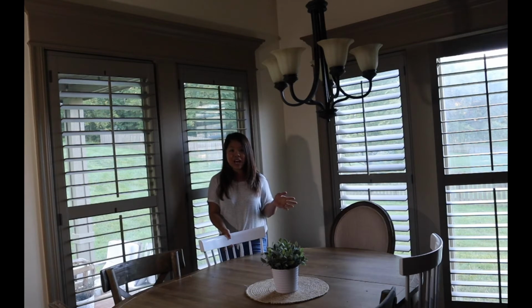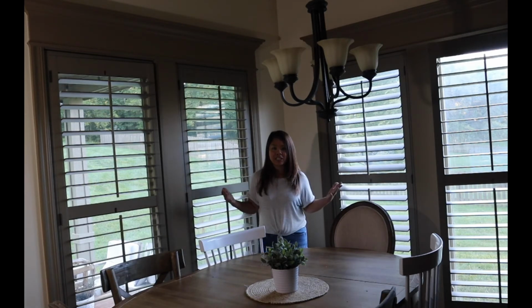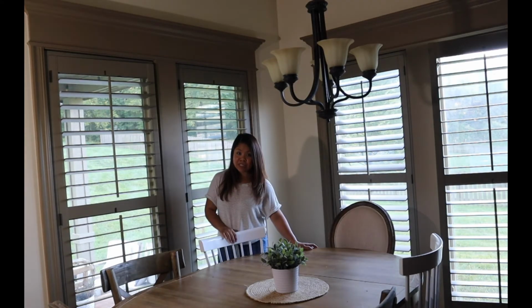I actually used to have banquette seating here in this corner so that they wouldn't be touching the shutters, but I got rid of those as our family grew. As the kids got older and bigger physically, we needed a space that was a little bit bigger for our family, and so that's why we have these chairs. But these kids will hit these chairs on these shutters and then chip off the paint